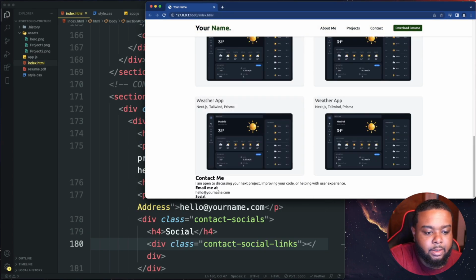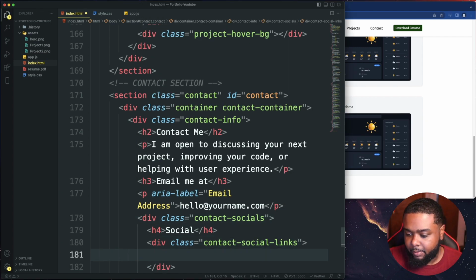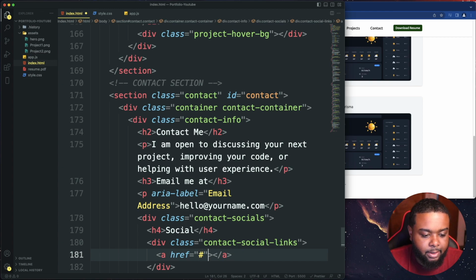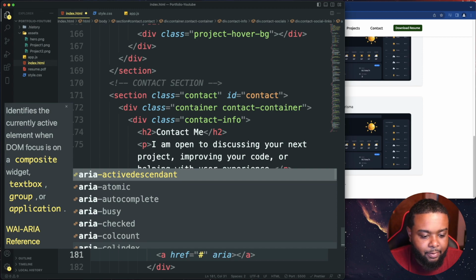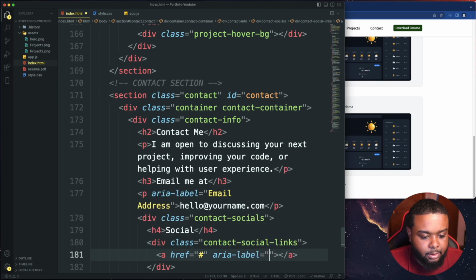And now we need to find our links. Let's make sure everything looks good. So that's all we got so far. Let's go ahead and get our links, and we're using the same thing, the icon thing. So let's do an a href, and we could just do a pound for now. It's not going to lead anywhere. And then I'm gonna have an aria-label. Obviously you'll put your social for the href. Aria-label equals Facebook